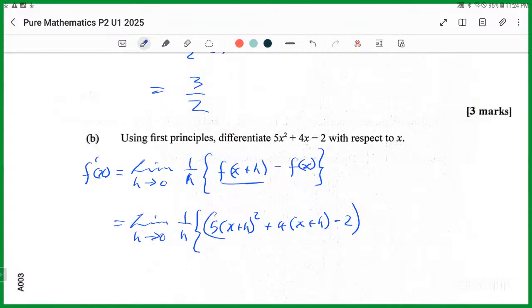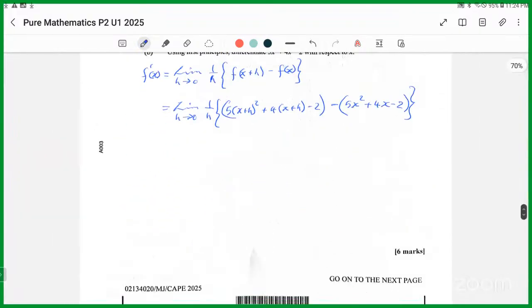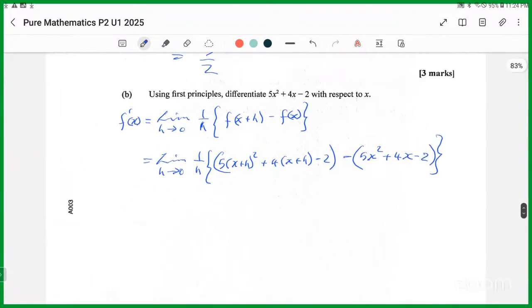That's what this is. Minus f of x is the same thing, which is just 5x squared plus 4x minus 2. Yes, we have balance. So this becomes equal to the limit as h tends to 0 of 1 over h